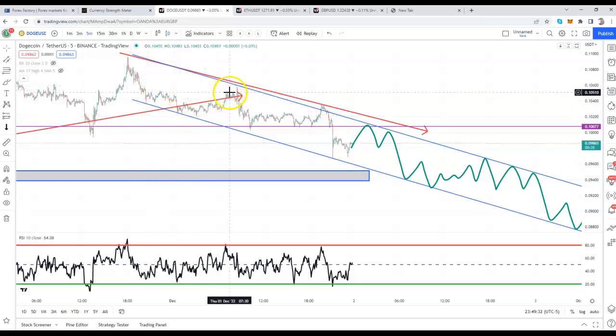That's 3, 4, 5, 6. This would have been a 7th touch. So you're buying off the 7th touch, you're selling off the 6th, and then you just want to get careful,